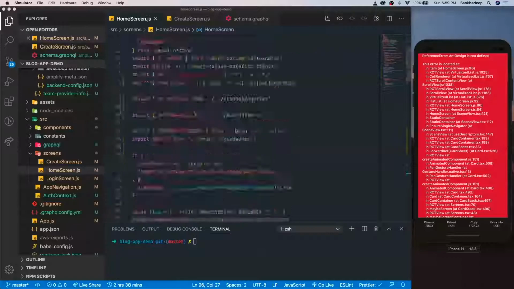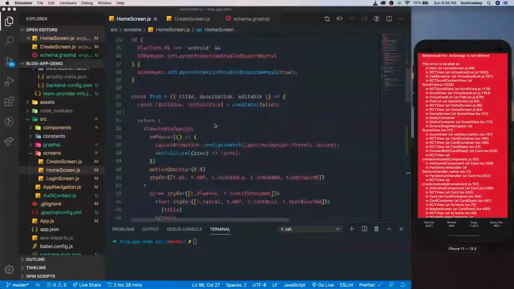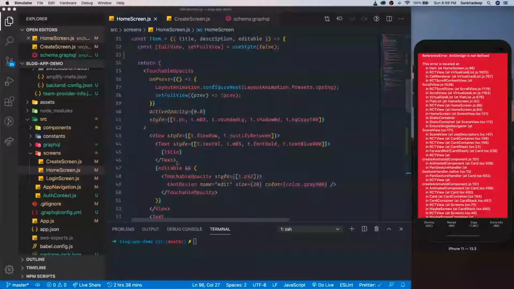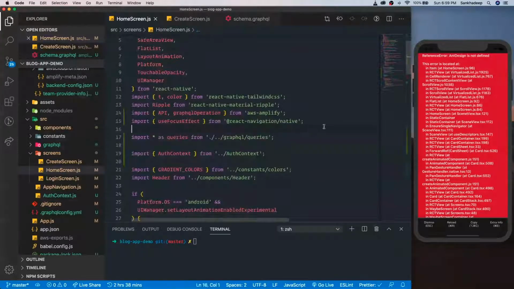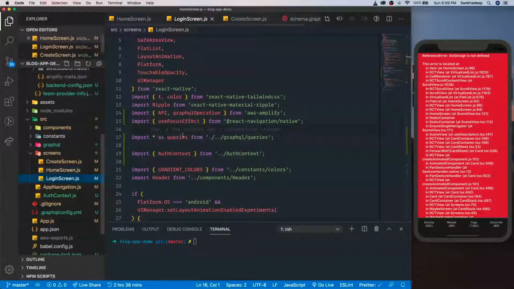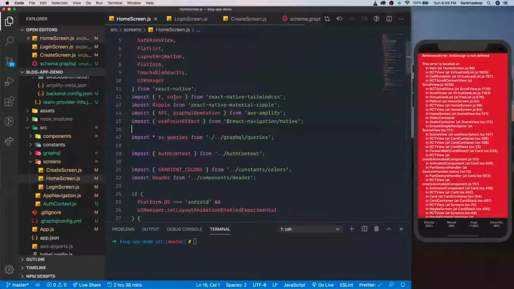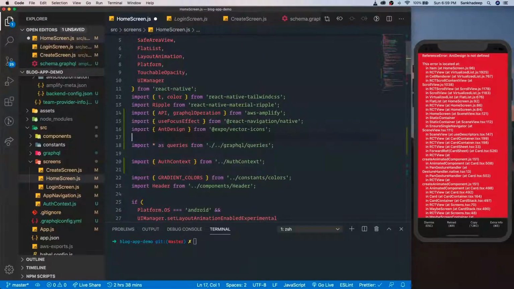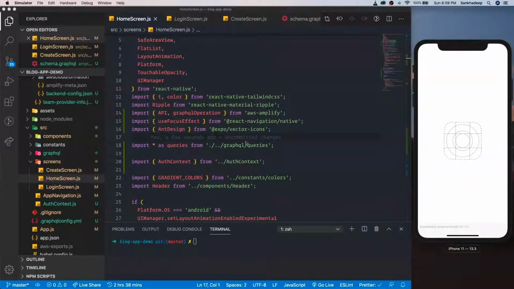Okay, it says AntDesign is not defined. I think I know why this is happening. I have an icon there which is not being imported. Yes, let me just bring that in. Okay, yeah. Now I see the edit button,